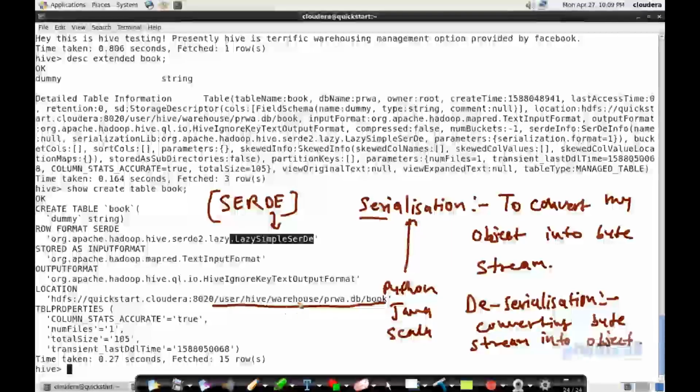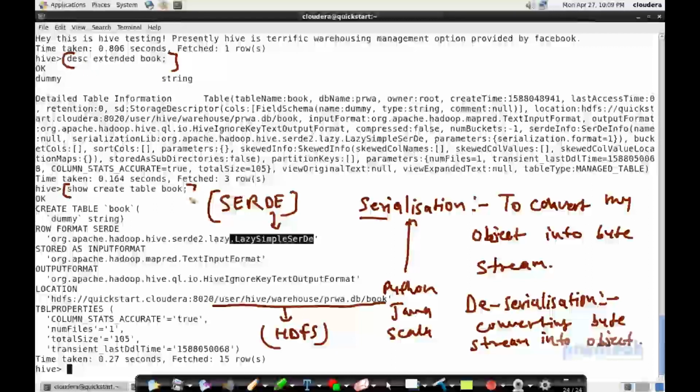Metadata I have shown you already, where metadata is getting stored and appended in MySQL. This is in HDFS. I will visit this in a while and I'll show you this data. Number of files 1, total size, transient detail time, and so on. So you're getting the same information actually. This query and this query give very similar information, but this looks clumsy, right? This is scattered data. You cannot read this well,